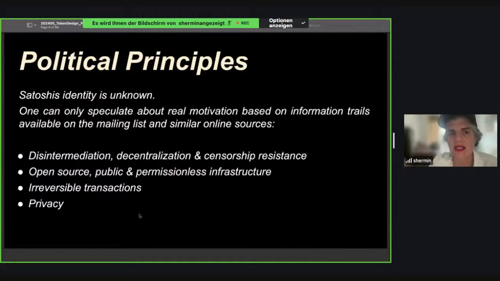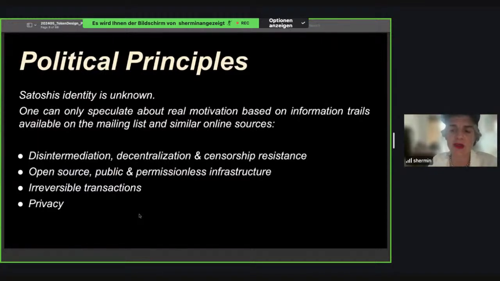The next question that is important when you design a system is, what are the political principles? In hindsight, it's hard to say because Satoshi's identity is unknown. We don't know whether it was one person or a group of people. We can only speculate about the real motivation behind